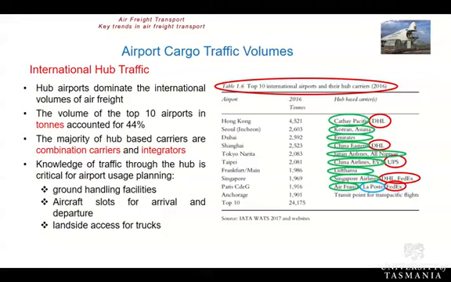In addition to having the opportunity to move an aircraft into the airport, you also need to have some space for your trucks to enter the landside for the delivery of goods or the departure of those goods. In addition to that, the expectation would be that each of these hubs have significant cargo terminals to allow them to break down shipments and move the goods on.